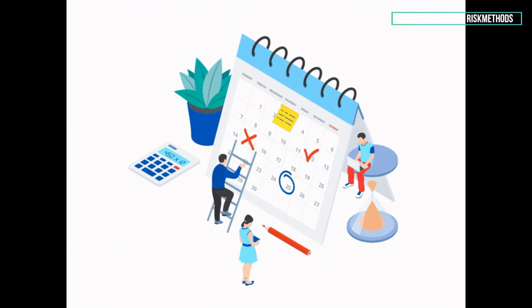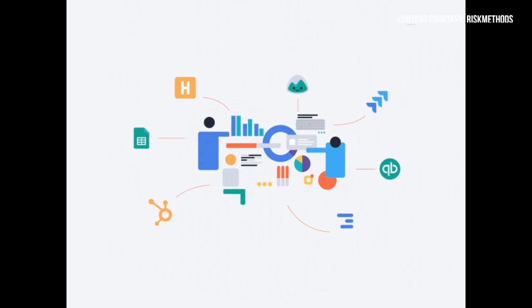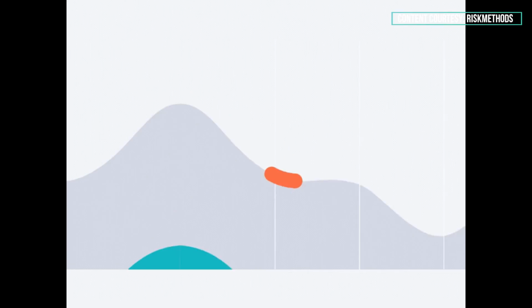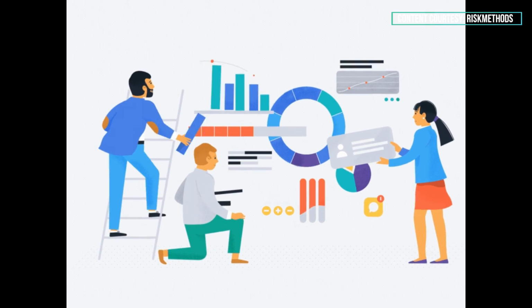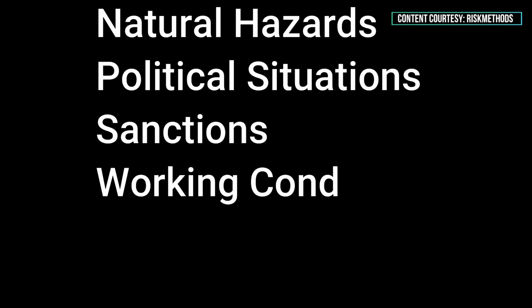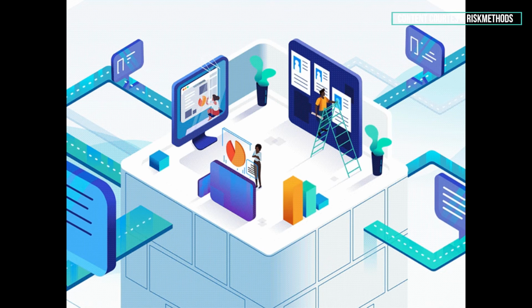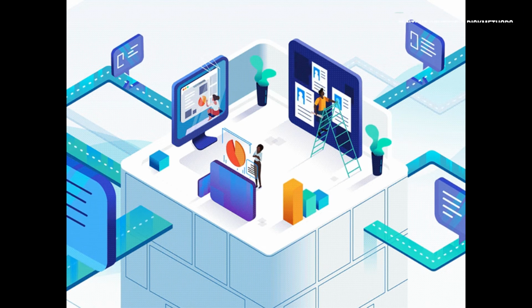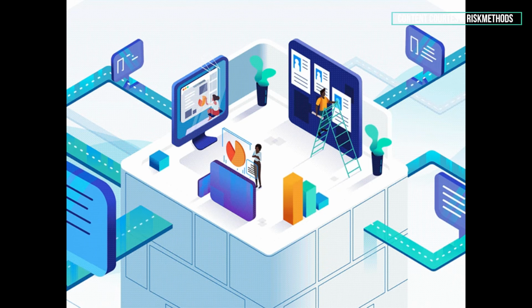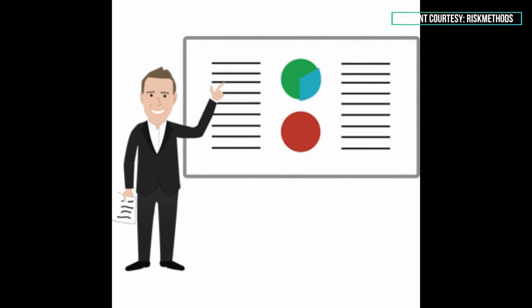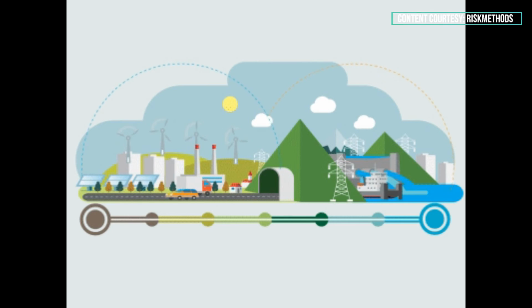A catalog of all risk prevention or crisis response activities should be created and described as an action plan. For this step, it is useful to group the individual actions by topics according to risk factor. For example, natural hazards, political situation, sanctions, working conditions, and strikes. You can also take this one step further and assign a responsible party for each action. To ensure fast response in a risk event, we also recommend describing the actual procedure to be followed for each action plan. Ideally, specific recommendations regarding implementation or support should be added to this description. For example, service providers like emergency logistics experts or brokers in the semiconductor or chemical sector who can provide valuable